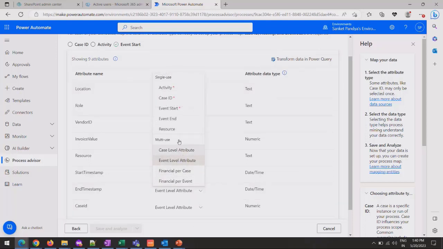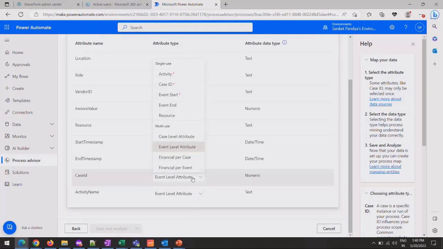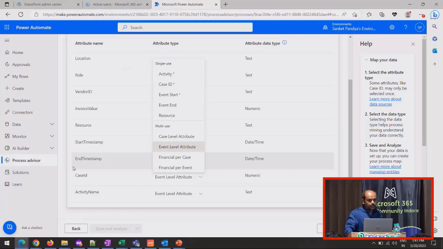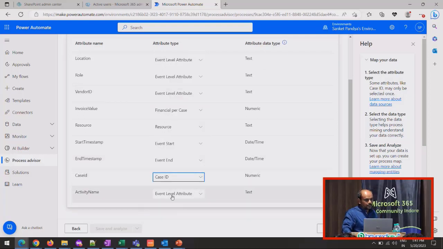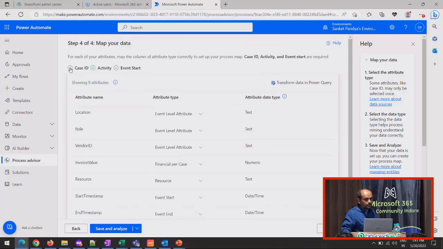I'll also map end time, where my event ends. I do have that available. The case ID we were talking about, in my Excel sheet the column name is case ID. That's why it's showing case ID. In your case, if it is different, you just need to map it. But I'm just mapping it with case ID. And activity, again, I've just set it to activity. So I've mapped it, and now this button is enabled for me, and all these tick marks are also